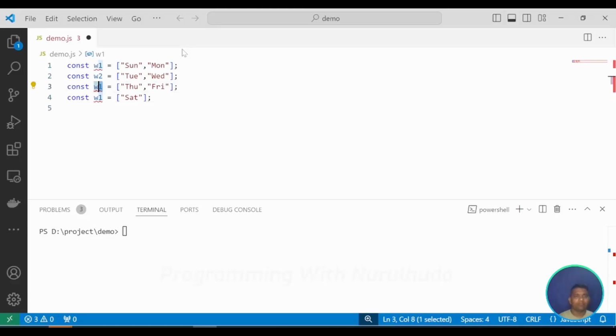Now we have 4 arrays and I want all the array values in